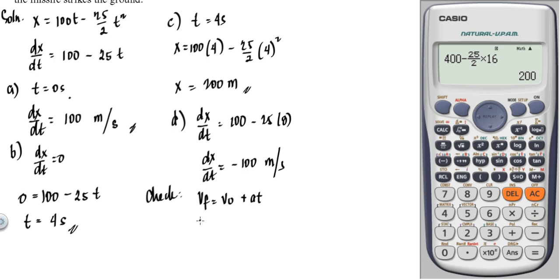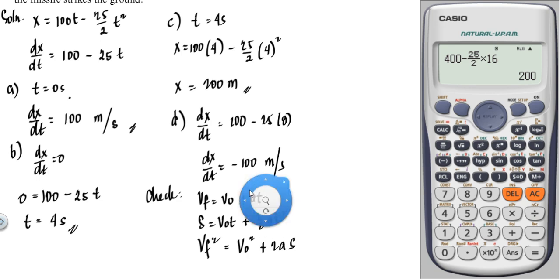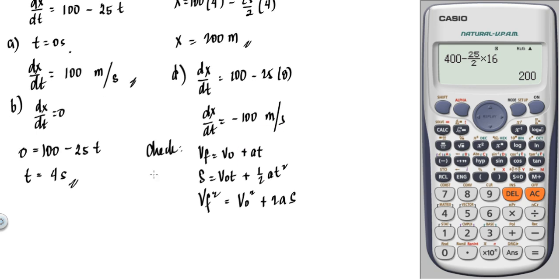What's the other equation? s is equal to Vo t plus 1 half a t squared. And there is one more, Vf squared equals Vo squared plus 2as. So you can solve this. Let's solve using this one. The initial velocity there is 0, meaning when it reaches the maximum height, the velocity there is 0. Then it returns to the ground and strikes. So we have Vf equal to square root of